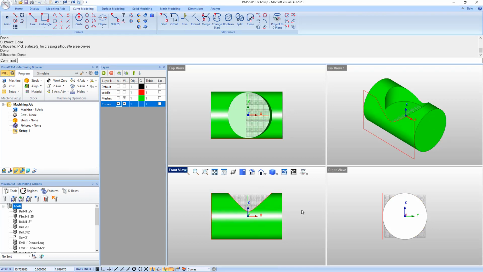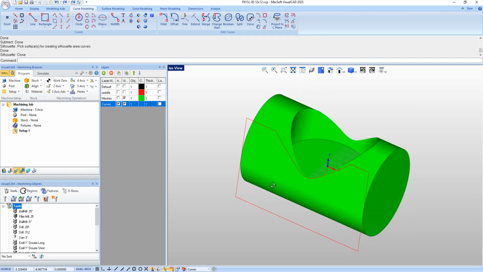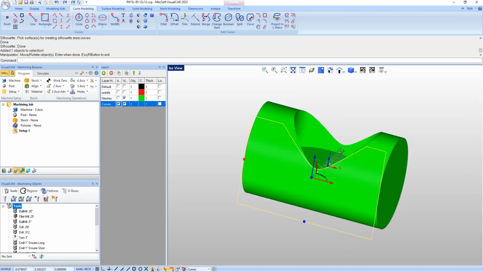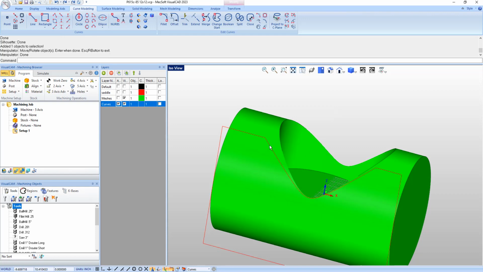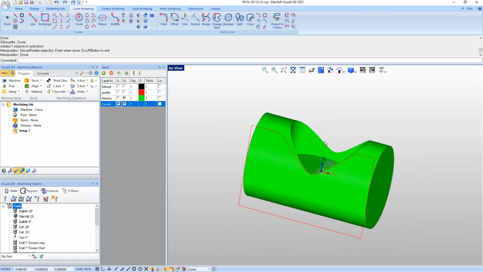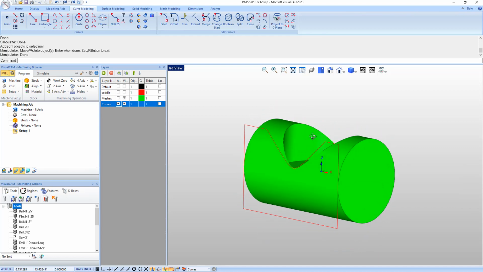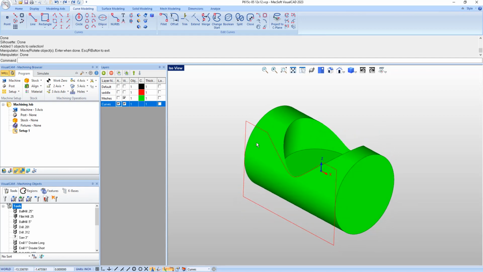Okay, so you see now that we have a curve, based on the projected silhouette of this edge curve around here, this edge. So you would use this now as your curve that you want to machine. So let's say, for example, that we probably don't want all of this, so we're going to just take this